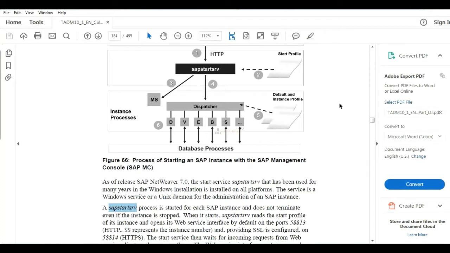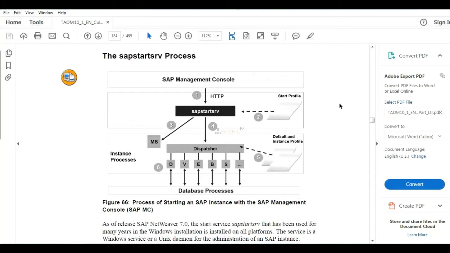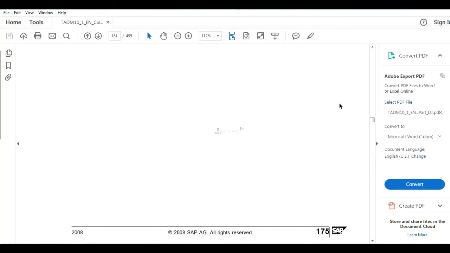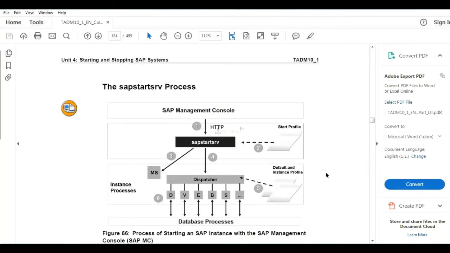It will read the profiles. We'll see this picture. See here, through MMC, when you start your SAP, this program will be executed by SIDADM, because you have logged in with SIDADM, right? So through SIDADM, this program SAPSTARTSRV will be executed.